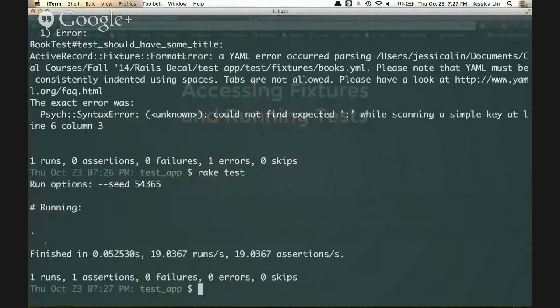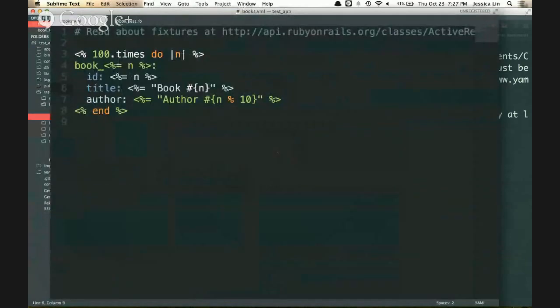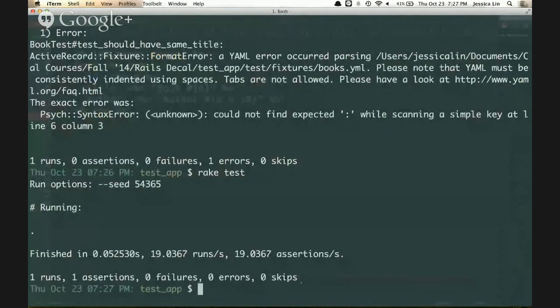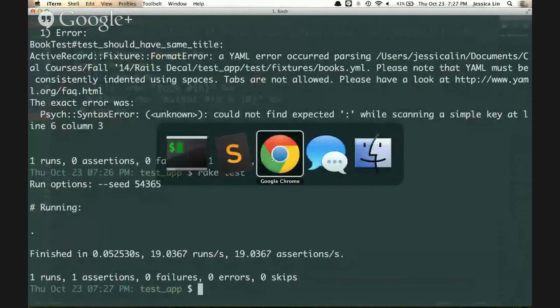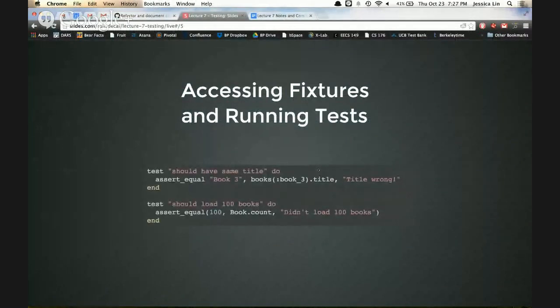Right. So that actually worked. It says running, one test, one assertion, no failures, no errors, no skips. I'll go over breaking down what that return format is actually composed of later. But for now, if we look at the test that I wrote,